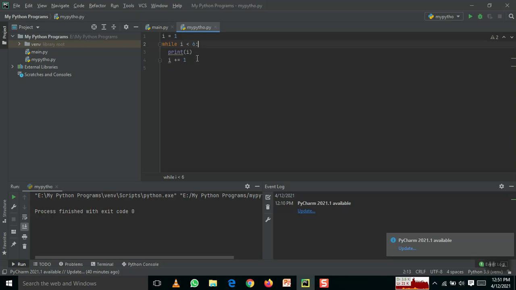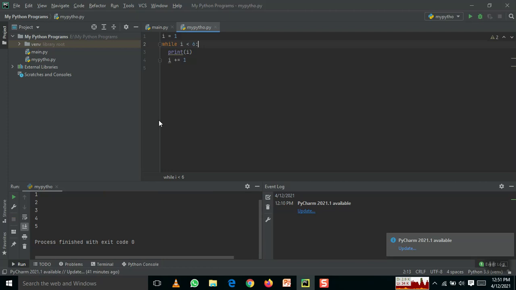That is a must. Then i plus equal to 1. Here we don't have the unary operator i plus plus. It is not there in Python. It is only there in C and C++. So you have to give either i is equal to i plus 1 or i plus equal to 1. Whatever you want, you can give. So this is your while.